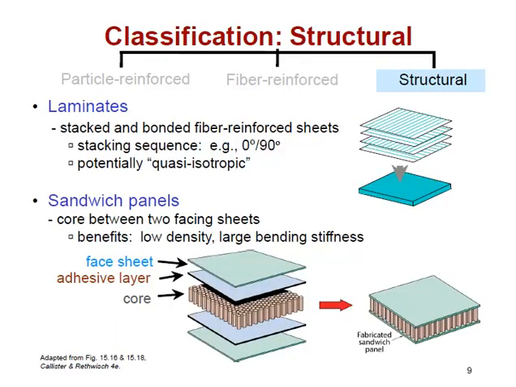Okay, last category is structural, and this is sort of a 3D or a manufactured good composite. The simplest of these is a laminate, where we would have basically just literally a stack of fiber reinforced composites that are oriented at orthogonal orientations, 90 degrees to one another. And so as we change the orientation around the coordinate axis, we can effectively achieve something that's quasi-isotropic, especially if